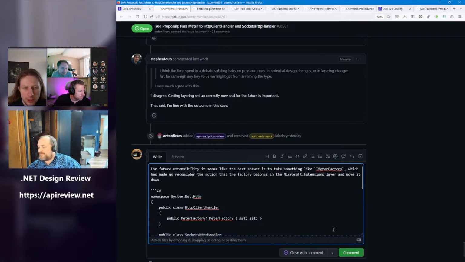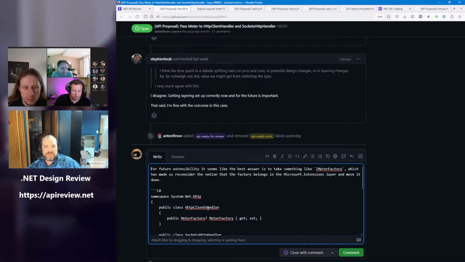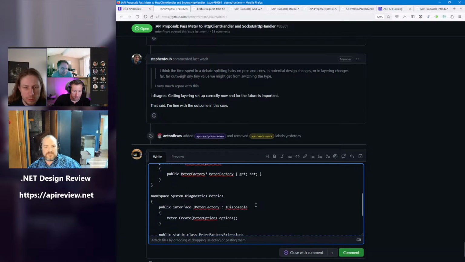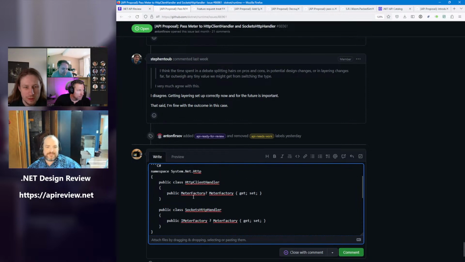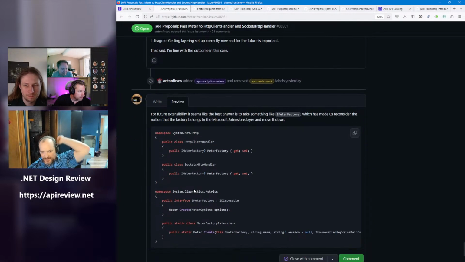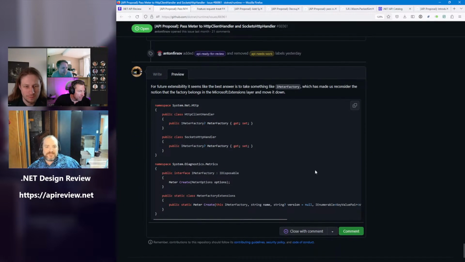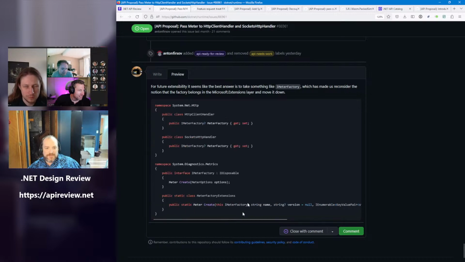You should rename to I. Rename what to I? The meter factory properties to the interface. I think the property should still be meter factory, but the type. Yeah, I mean, the type. Yeah, that we understood. My spec sharp should compile. I guess this is actually all legal C sharp. Oh, no, it isn't. It's spec sharp.